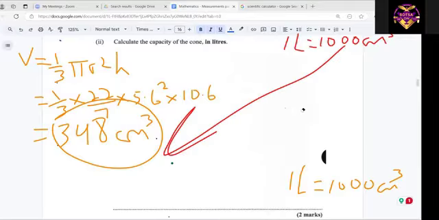I can't multiply, because if I multiply 348 by 1,000, it will get bigger. I'll get 348,000. So I can't multiply it, I have to divide it. So what I will do is